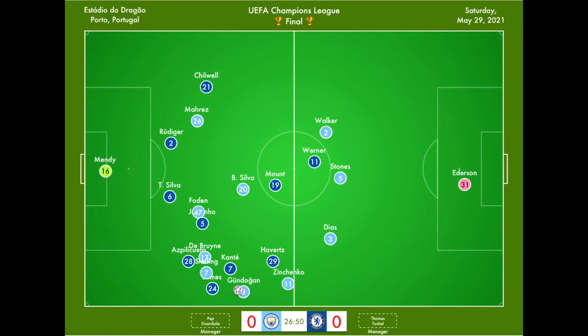Up to this point, we saw quite a few counterattacks, quite a few chances on goal, especially for Chelsea, and then a few City counterattacks as well that led to some goal-scoring chances. But there was a very clear City chance that happened in the 26:50 mark of the match,